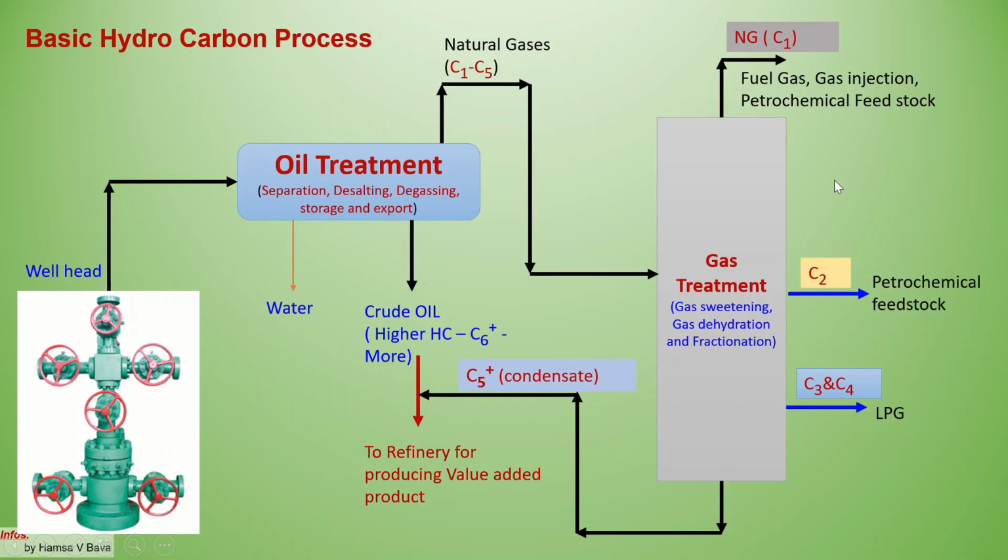Liquid form of C1 is LNG, that is coming to various countries. Some Gulf countries are manufacturing and exporting it, and the receiving countries will regasify, converting it back to C1 and using it as a fuel gas. So then C1 is used as gas injection to the well, for the artificial lifting, the gas lifting process. So compressed fuel gas, C1, is re-injected into the well again, plus petrochemical feedstock. From C1 we can also make various petrochemical products.